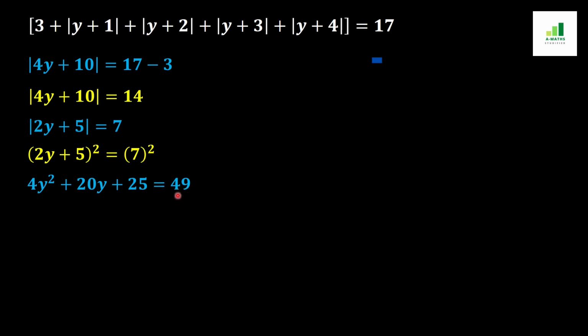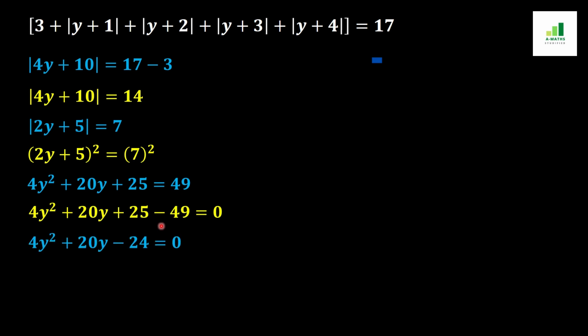In the next step, this 49 will move to the other side of the equation and it will convert to minus 49. In the next step, this 25 and minus 49 will simplify and we will get minus 24, and 4y² + 20y will remain the same. Now we can see that this equation can be divided by 4, and when we divide both sides by 4 we will get y² + 5y − 6 = 0,